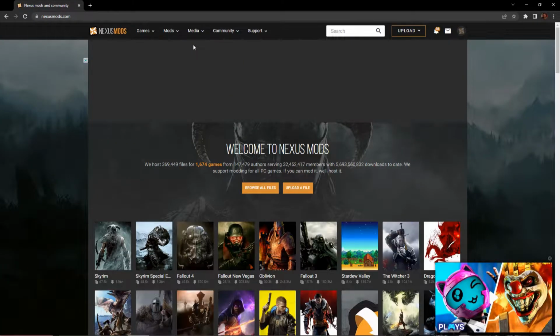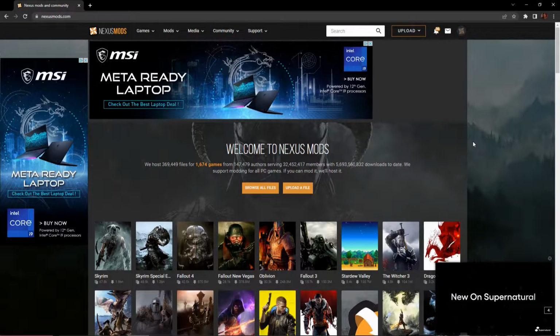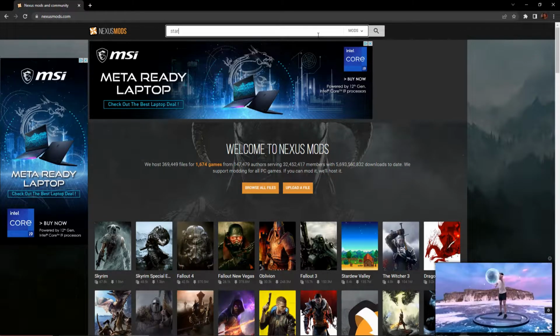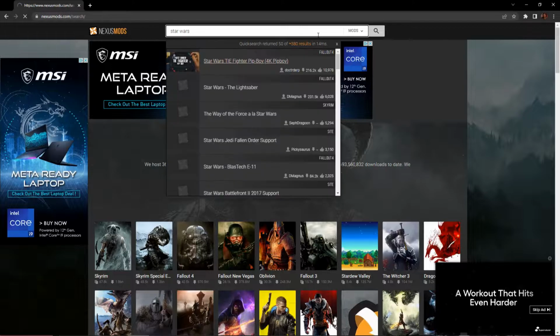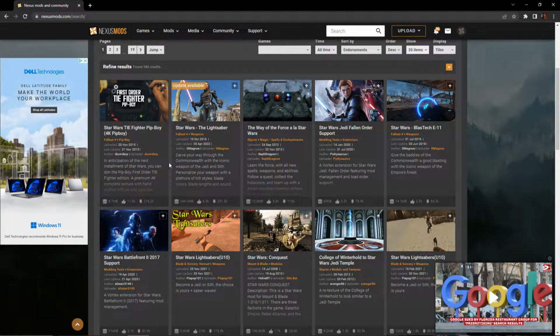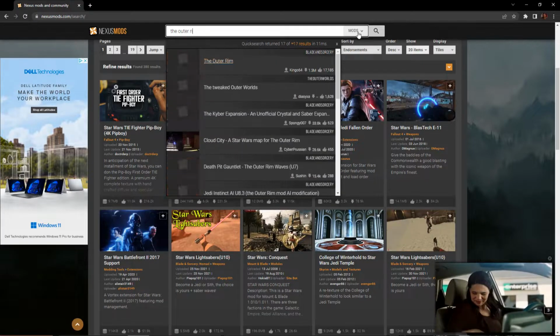This is a modding community that is very active, and they do everything from Skyrim to Minecraft and in between. You can search for the mods you're looking for. If you're looking for a special type of mod, like a Star Wars mod, you can type in Star Wars, and it's going to bring you up a list of mods for different games, like Fallout 4, Skyrim, you know. And then, since we're covering the Outer Rim, we're going to go ahead and search for the Outer Rim,